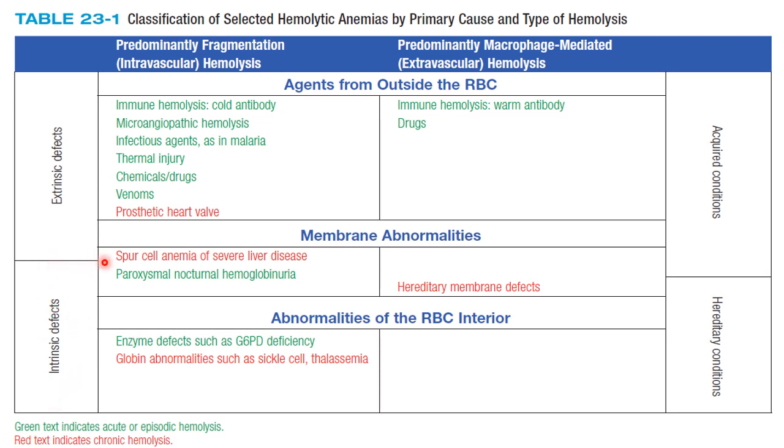So, ang hati dyan, hanggang doon sa spur cell anemia. Okay? Magmula sa taas hanggang doon sa spur cell anemia, extrinsic defects daw sila. Intrinsic naman from paroxysmal, including dyan ang membrane defects hanggang doon sa hulihan. Yan yung mga intrinsic defects. And then, another classification is according to acquired versus hereditary. So, yung acquired, from dun sa first condition hanggang dun sa paroxysmal nocturnal hemoglobinuria, included yan lahat sa acquired type of hemolytic anemia. Ang mga hereditary, or this will include,